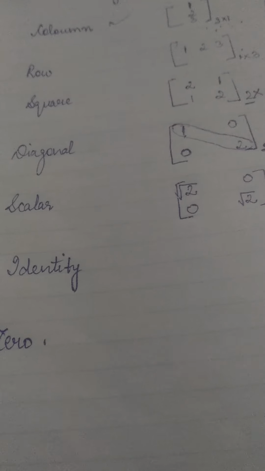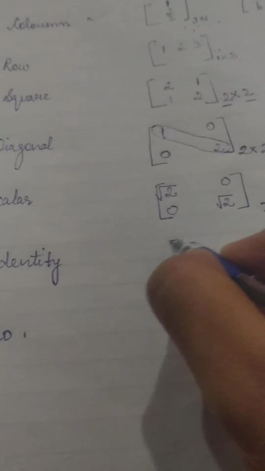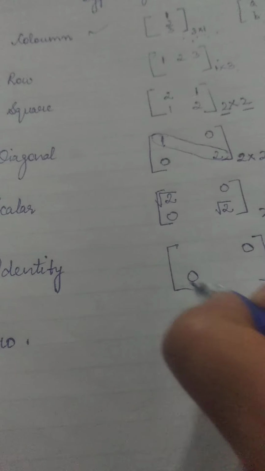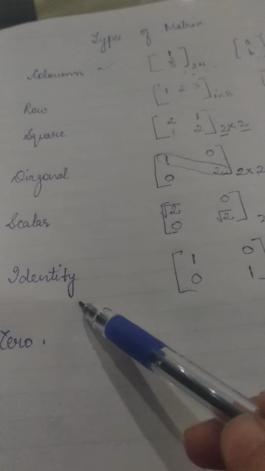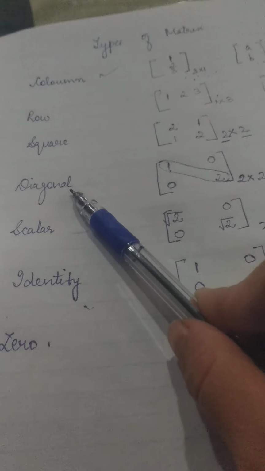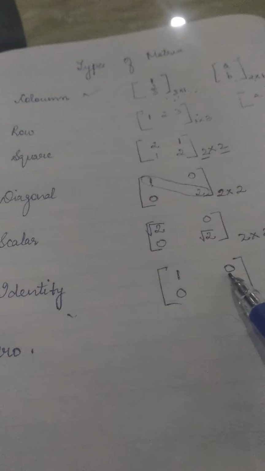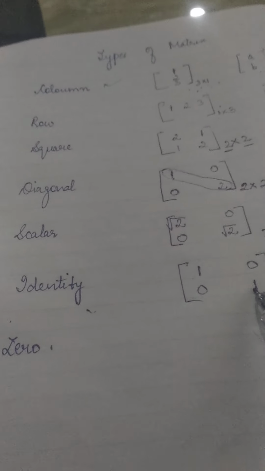Next, we start with the identity matrix. Now, in case of an identity matrix, remember the non-diagonal elements are to be 0, 0, but the diagonal elements would be 1 and 1. So again, an identity matrix is a square matrix and a diagonal matrix as well. Diagonal because its non-diagonal elements would be 0, but since the name is identity, its diagonal elements would be unity